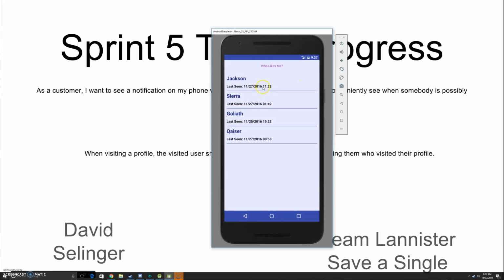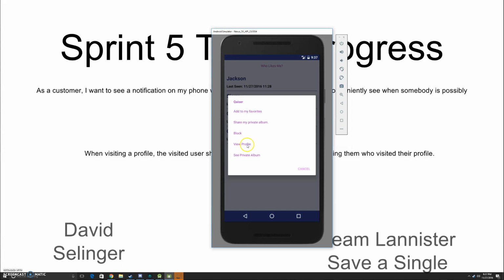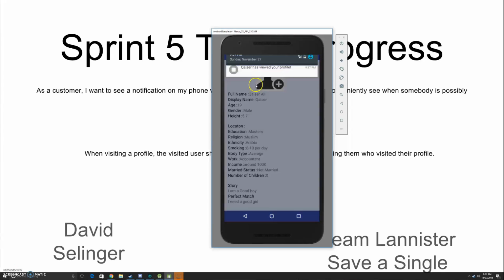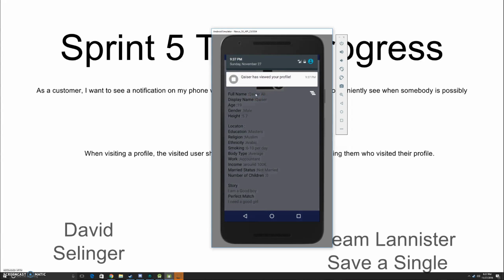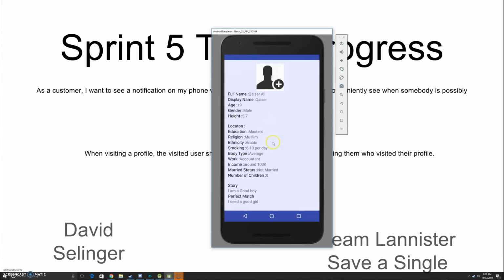So, for the purposes of this, we'll go to Kaiser's profile. Now I have a notification. Now we don't have a web service for this, of course, so instead of me logging into Kaiser and then it having a notification, I am emulating it kind of backwards. So it says Kaiser has viewed our profile even though we viewed Kaiser's profile, just for the purposes of showing